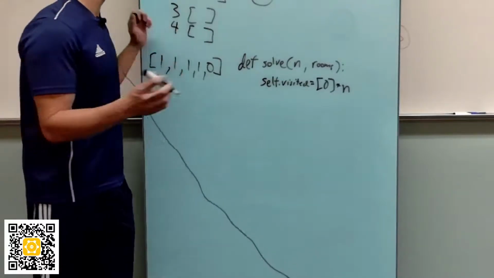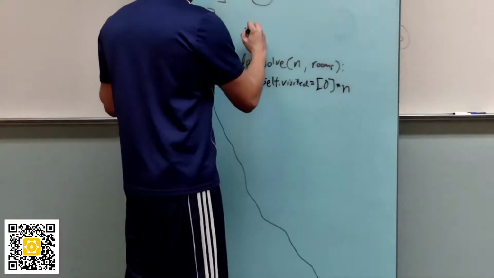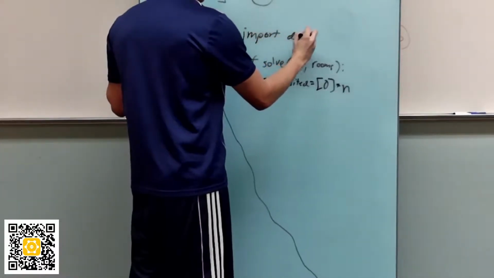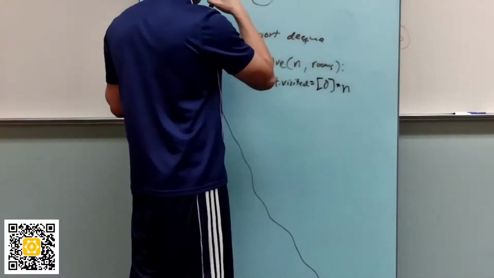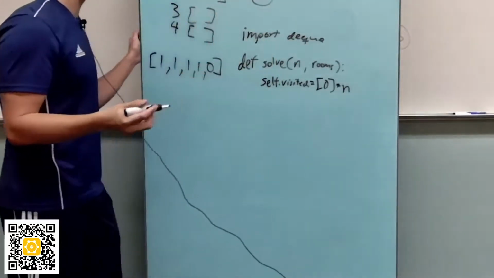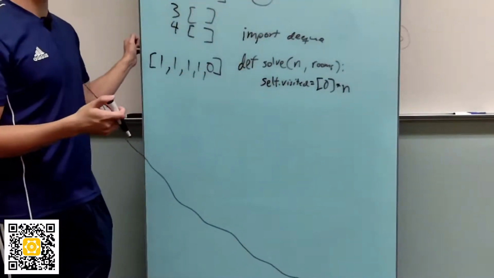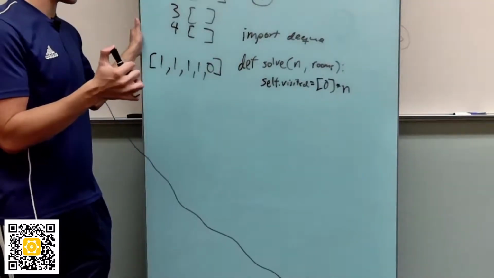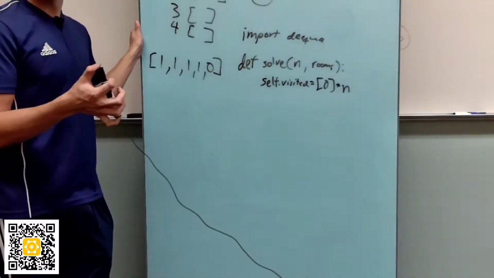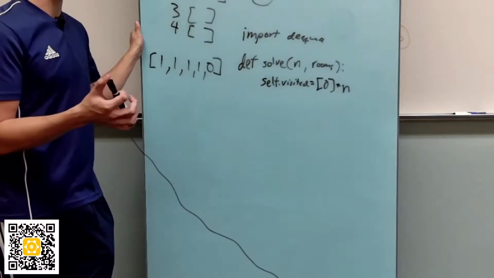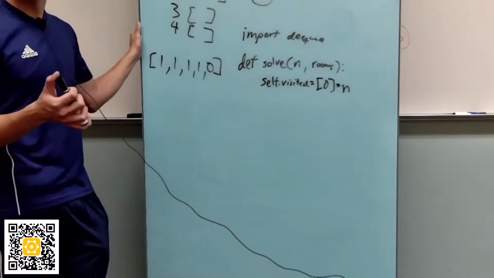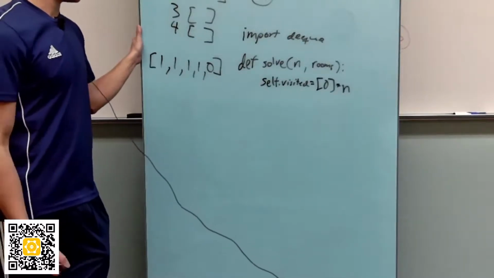So we need to import. Usually when I use a queue, I just use a regular list in Python. However, as Lazaro has mentioned before, that doesn't quite work out because it's linear time to remove it, to pop it. So a deck has